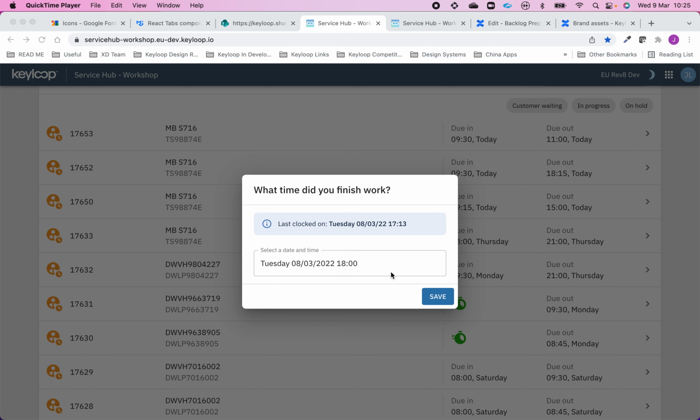I wanted to give a run through of my experiences of this part of the application, and to give an example of struggles. So I logged into the app, opened it up, and I was asked when did I last finish work, because obviously I didn't clock out. So this is great. I can see my last clock time, and it's asking me to select date and time. So that all looks good. So if I go and select date and time,